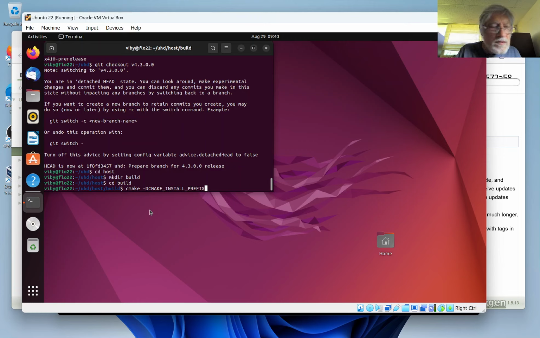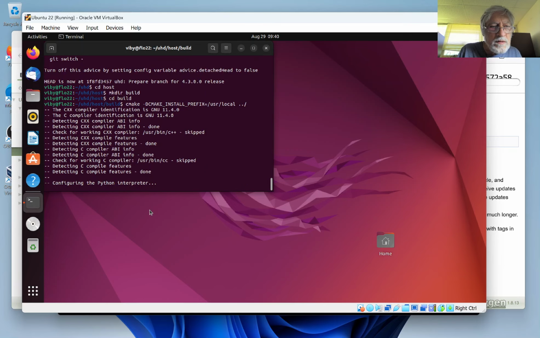So we install it in what's kind of considered the default prefix for GNU Radio. So that is /usr/local, like this. And then we put the 2 dots and slash, so that basically goes up one directory level for doing the